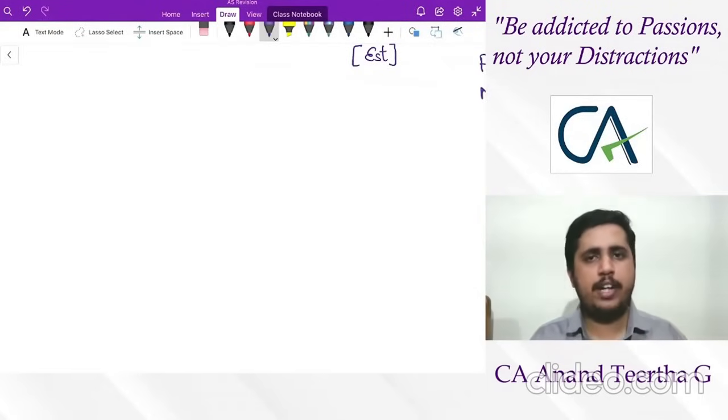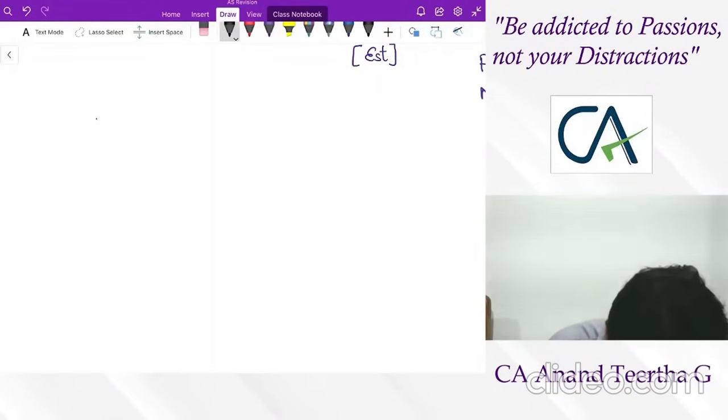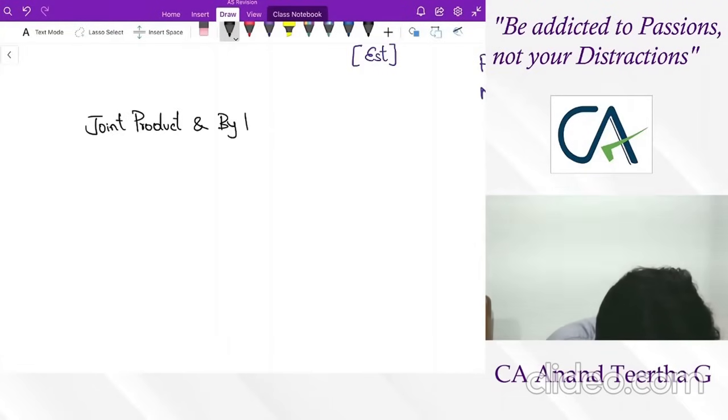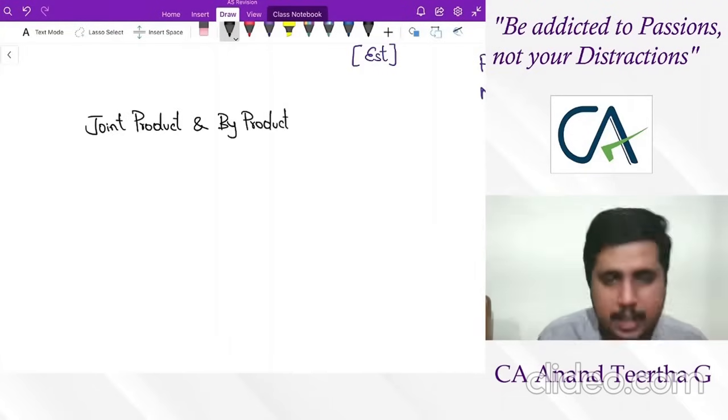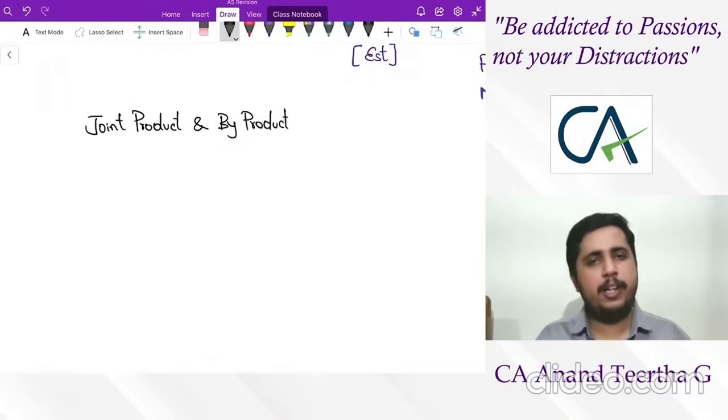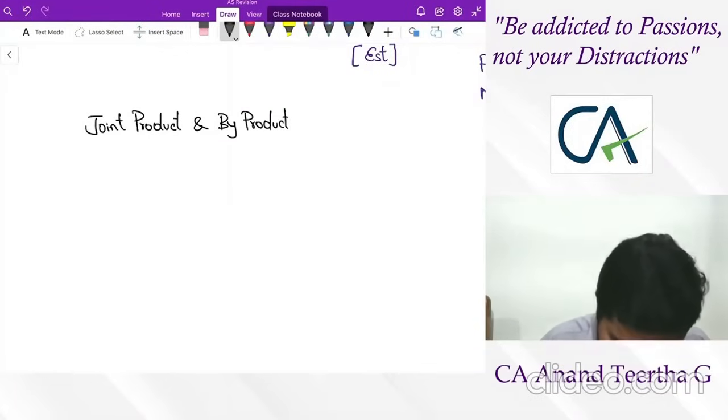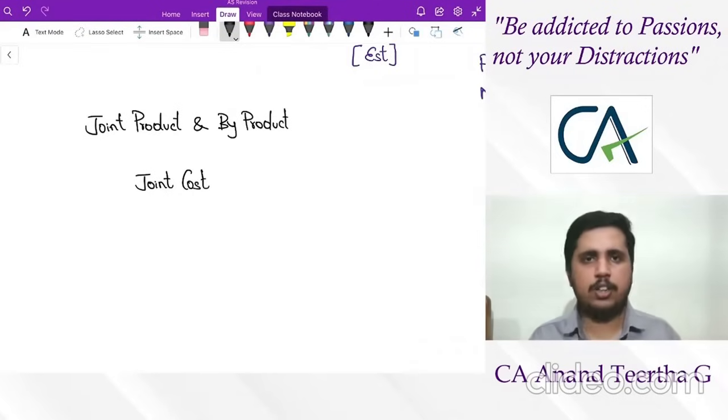Once the cost of inventory is derived, there can be certain other elements which come into the picture. What are they? What happens if there is a joint product and byproduct? Why are we considering this particular point as a separate element over here? The thing is very simple. Whenever it comes to joint product and byproduct, there will be something called joint cost. I think you have already done this in your costing subjects. I think this is one of the chapters you have.